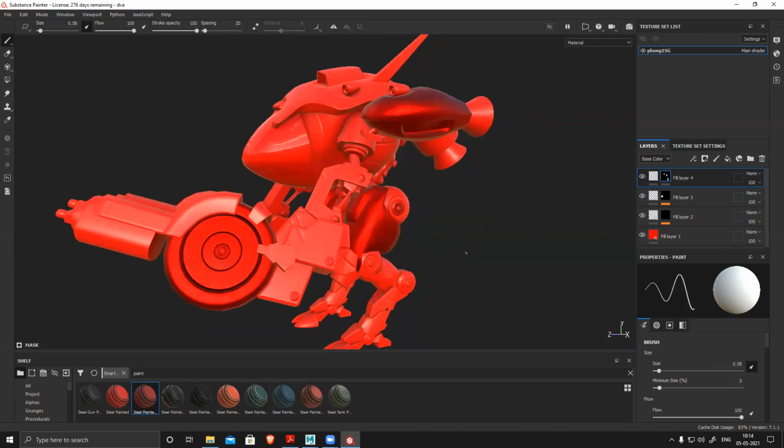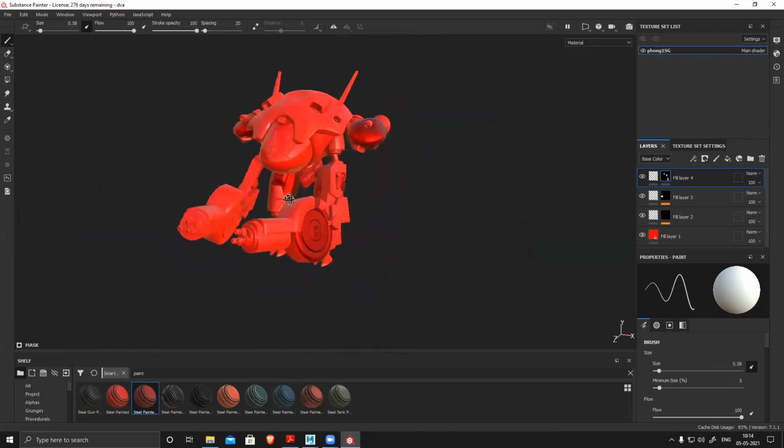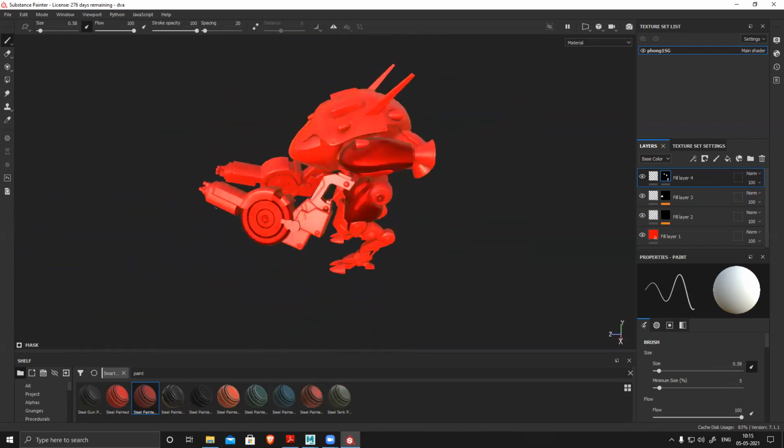The main property of metal is it reflects back the same base color. The reflection will be colored. It cannot be white. You can see the rest of the area reflection is white, and the metal part reflection is red in color. It looks super saturated and glossy. So that's the main difference. Like this, we can define which areas are metal and which areas are non-metal very easily.